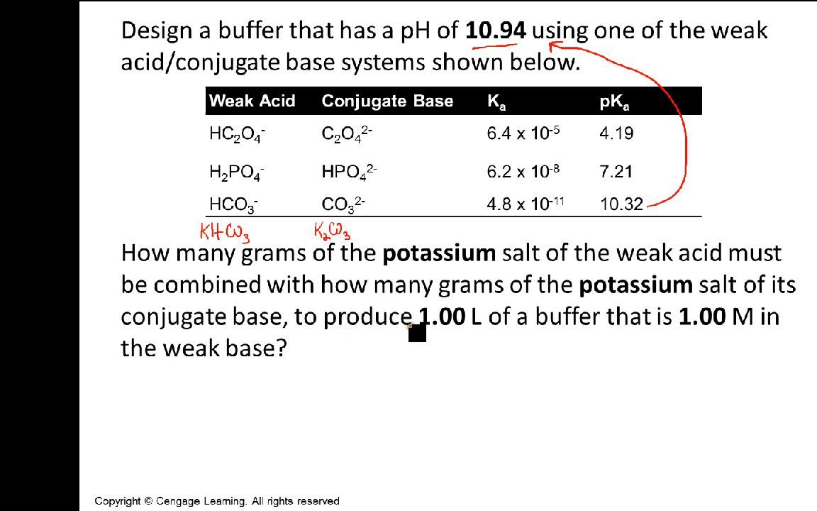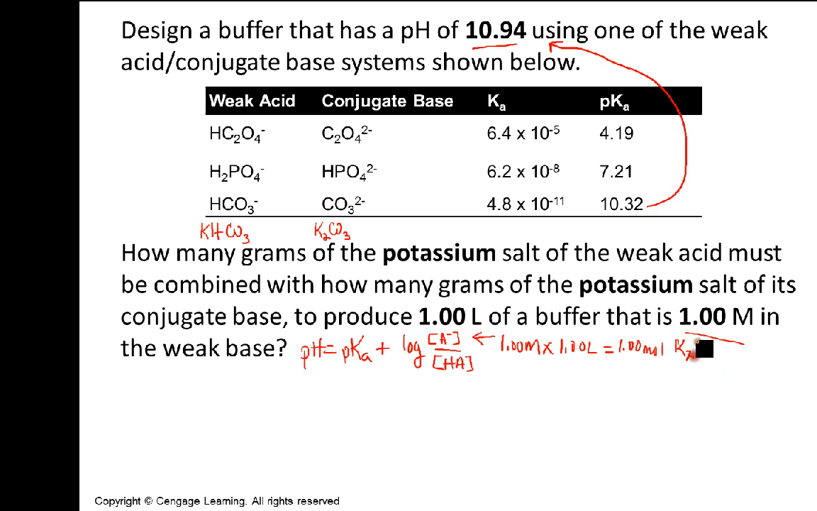And we're trying to produce a buffer, 1 liter of it, and 1 molar, and this is related to the buffering capacity here. We can use the Henderson-Hasselbalch equation to determine the masses of both of the weak acid and base, because we can get the concentrations of the weak base and the weak acid. Well, the problem already states we need 1 molar of this weak base, and we need 1 liter of it. When we multiply those together, we get 1 mole